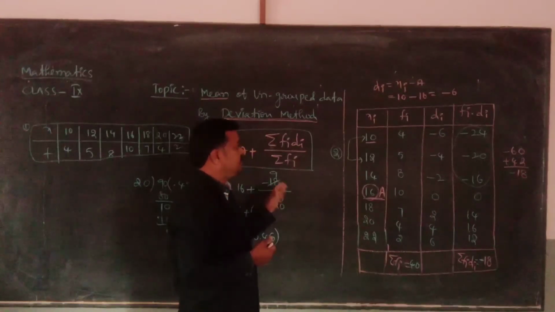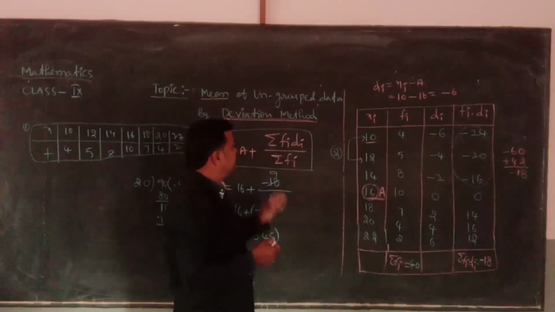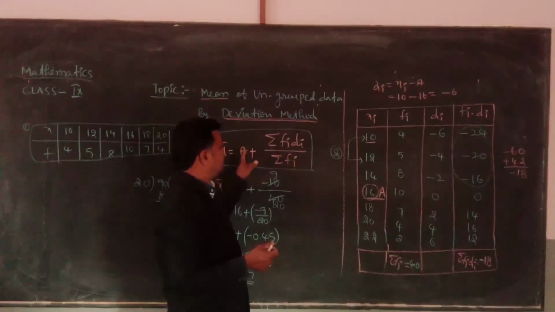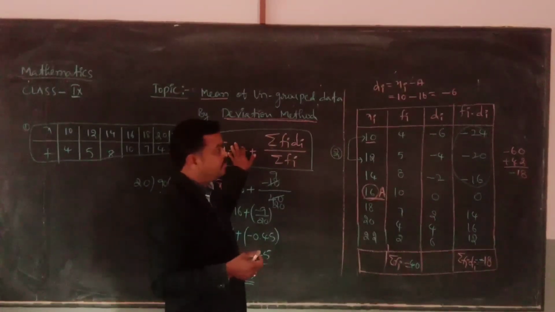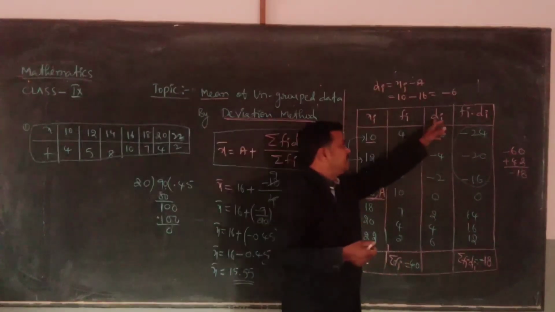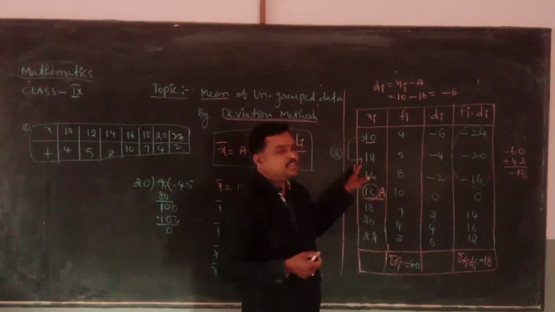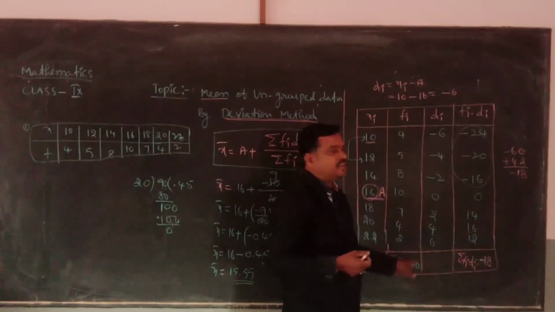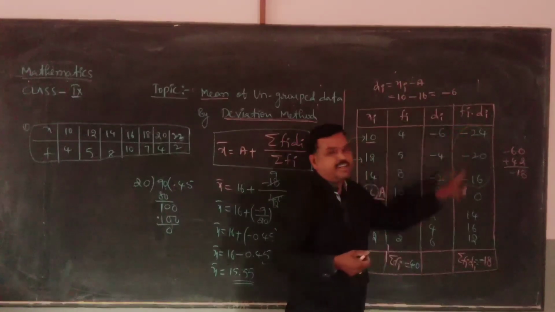So this is the short method to find the arithmetic mean, that is called the step deviation method. We just have to select the assumed mean, that is very important. Then the deviation values we can get by adding the difference of the mid values. The next, sigma fi means the sum of all the frequencies, and sigma fi di means the sum of all the fi di values.